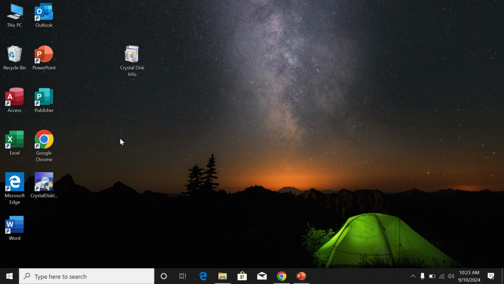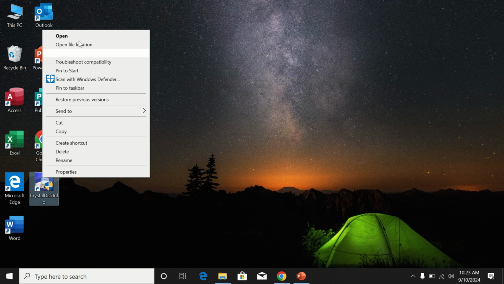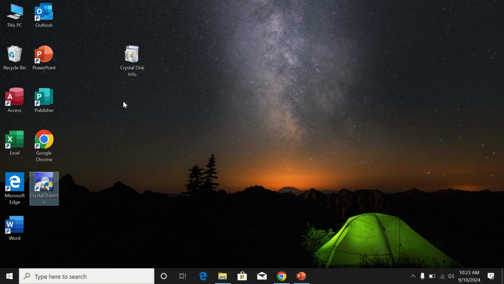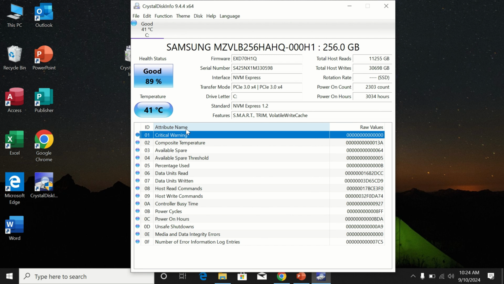This software icon appears on the desktop. Now right click on it and press the open button. This software interface will open. Now you can see here this automatically detects your SSD drive, and you can see the complete report of your